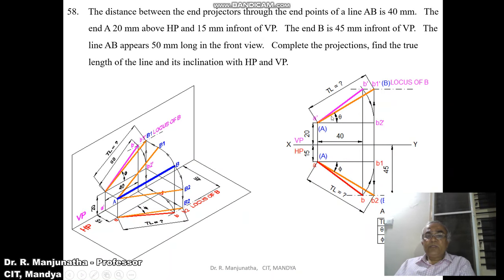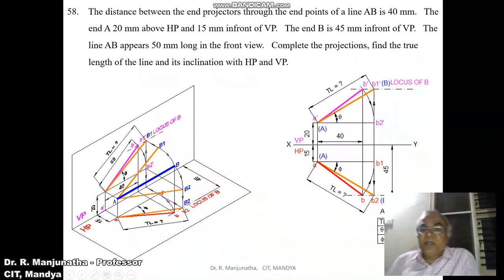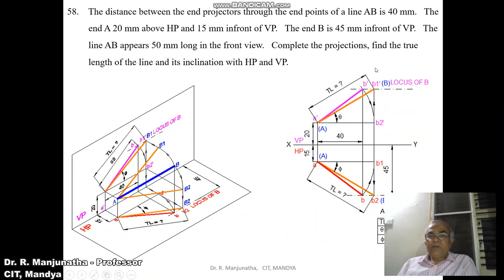Then we know the true length which has to be found out, as we know that AB1 is the line which is parallel to VP. So you are getting the true length here. By using the scale, you measure the length from A dash to B1 dash. So you are going to get the true length line. The true length line will be 58.31 mm when you are doing it in computer, and when you are doing it manually, it will be 58 mm. So this is how you will be able to solve the problem in the sketchbook.